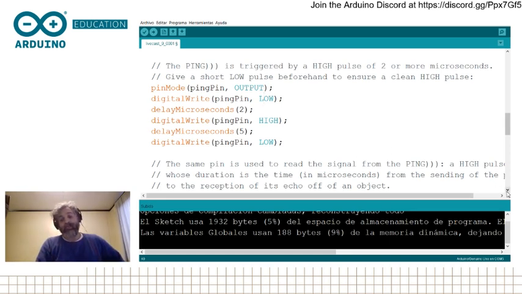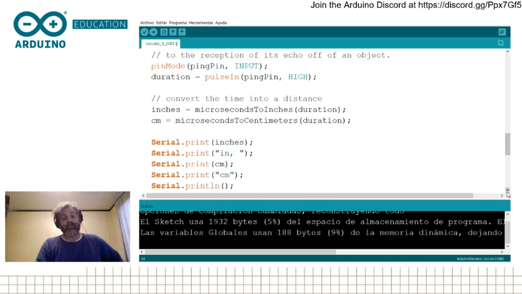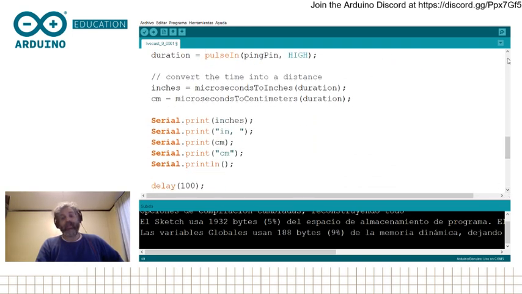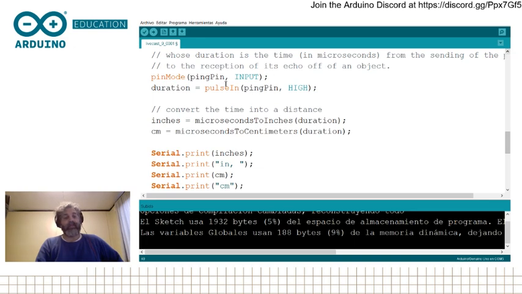In order to measure it, the next thing we need to do is to transform the pin into a digital input. So here you have the ping that was an output until now, and in the middle of the loop we transform it into an input. It is perfectly possible to transform an output pin into an input pin. And we call the function pulseIn. pulseIn will detect for how long a pulse is high.